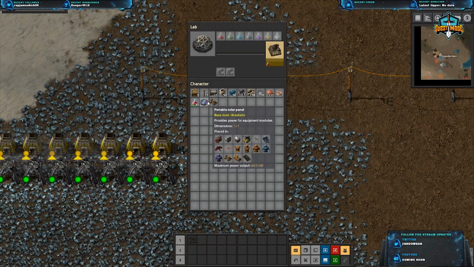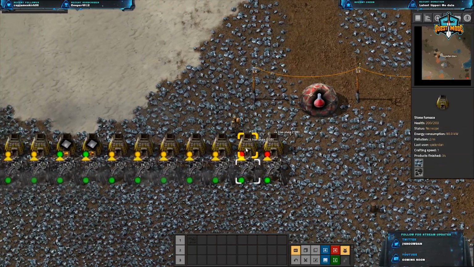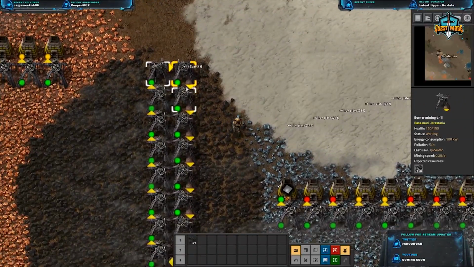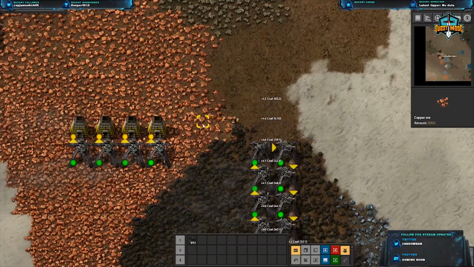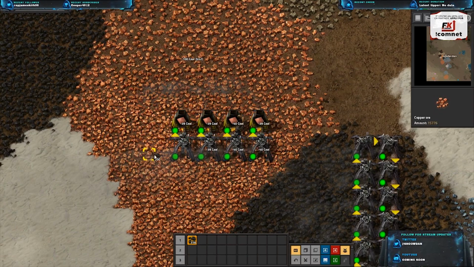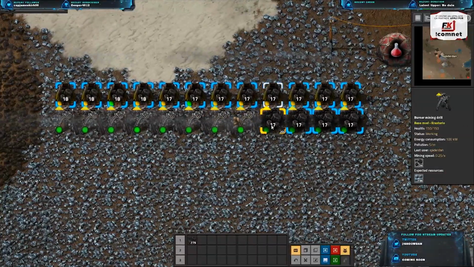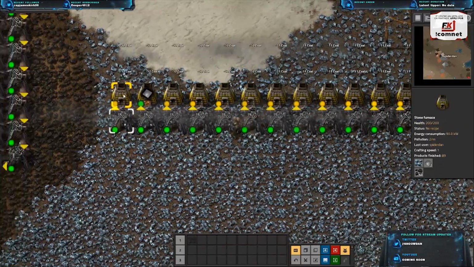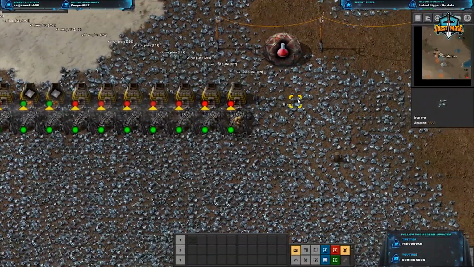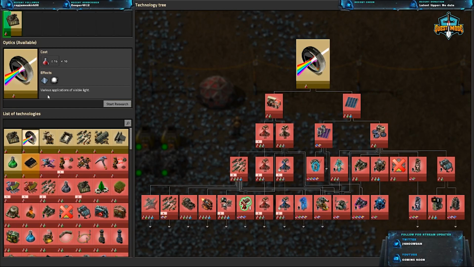Okay, there's our lab. We'll chuck her in there, put those in, and that will give us our automation. So then we can start actually automating things. Cool. Alright. So let's get rid of that. Yep. Gather all the coal we can. Just like that. And then we want an even distribution across all of this, so everything gets 12. Cool, so automation's underway. The next thing that we're probably after is